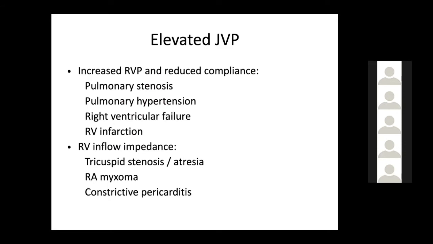Now, before going to the next heading, we should always know the causes of elevated JVP. I am not talking about the waves. What are the causes of elevated JVP? See, all the things where any wave is prominent are causes of raised JVP. But overall, you should know that right heart failure, any cases where right heart failure or incipient right heart failure is there, are the causes of raised JVP. But even in the patients who have a volume overload, you can find a raised JVP. Patients with anemia, volume overload, CKD, these patients have high JVP. So these are the causes of raised JVP.